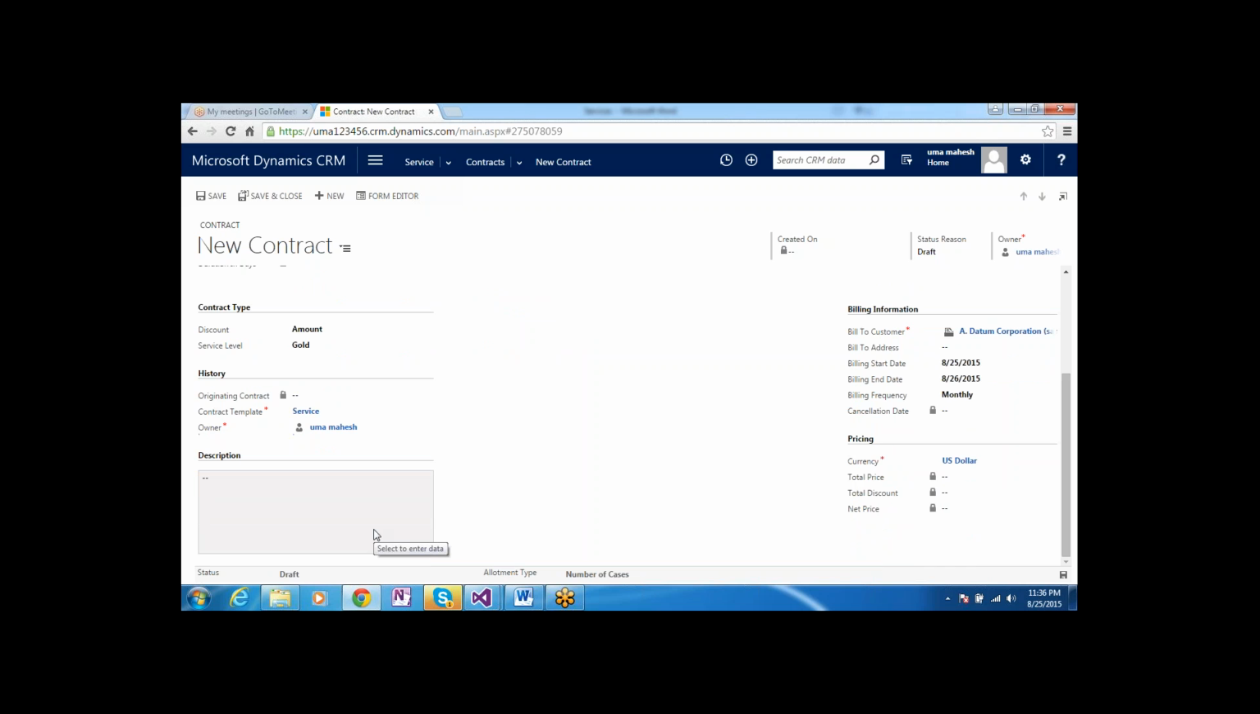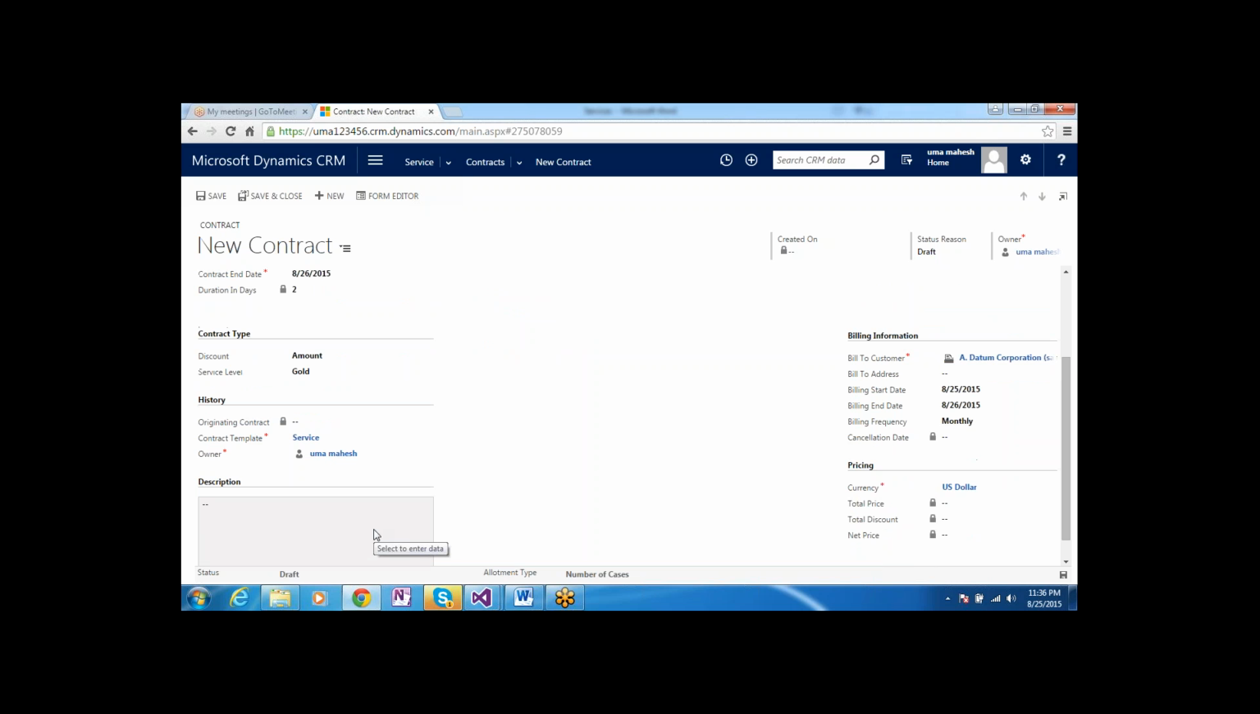Next is the billable information: the customer and billing address, and the billable start date and end date. Once you save the contract,